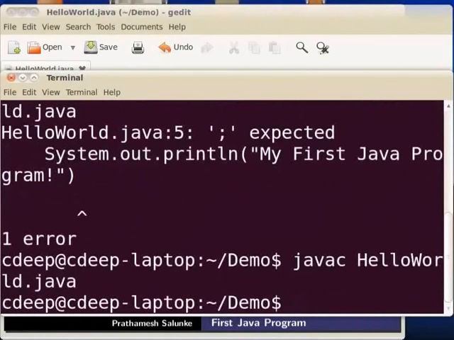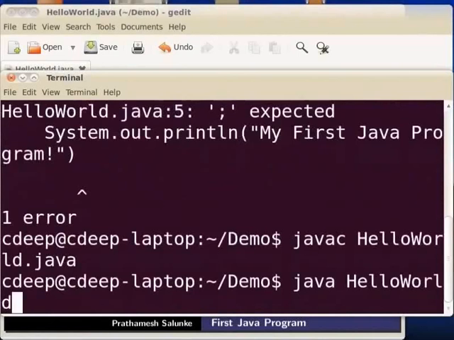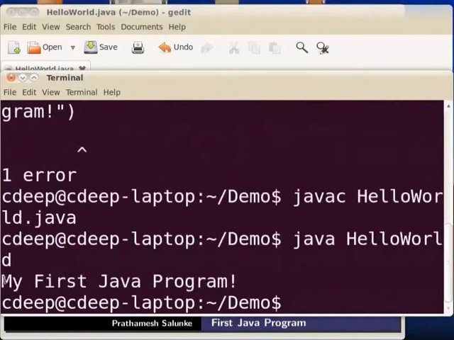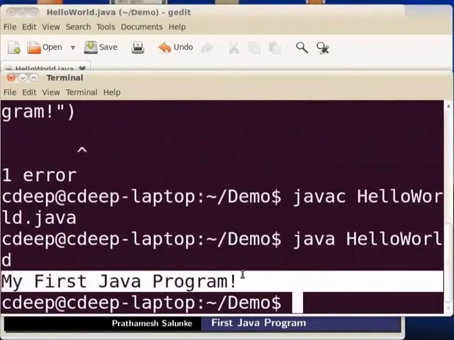The file is successfully compiled. As we see, no error. Now run the program using the command java HelloWorld and we see the output, My first Java program. This is how you handle errors in Java. As the series progresses, we will learn more about the errors.